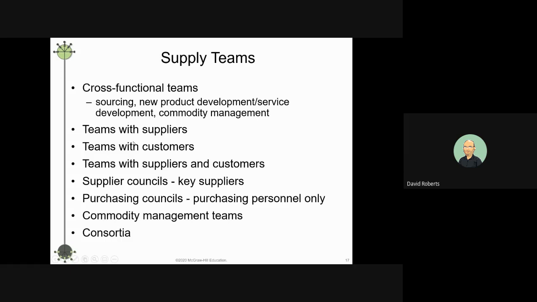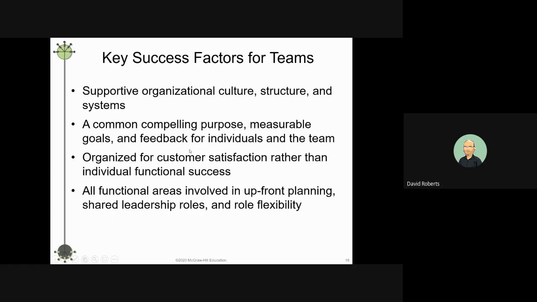Again, teaming with your suppliers, teaming with your customers, etc. Supplier councils. Key success factors: you need to be supportive, have some structure, and measurable goals. Key performance indicators, KPIs. That is something that I know my students who work for Amazon have said, that they're constantly checking their KPIs. Like, we're not talking twice a day, we're talking 10, 12 times a day. They're constantly on their devices checking where their KPIs are so they can manage things in real time.